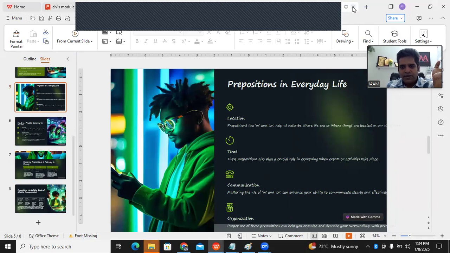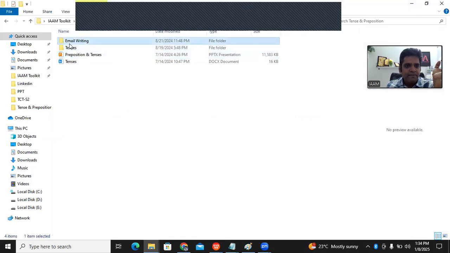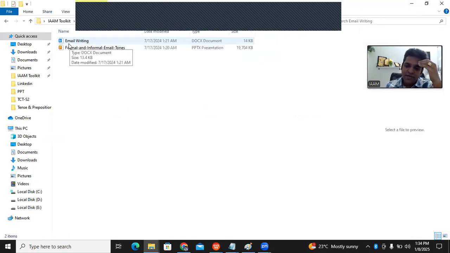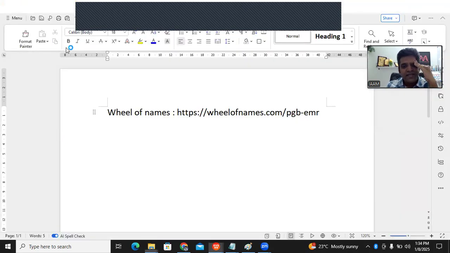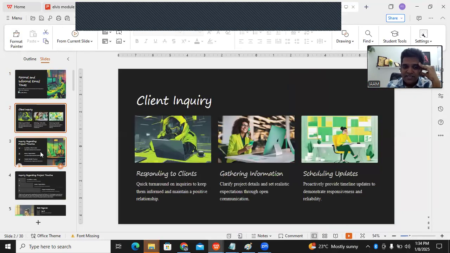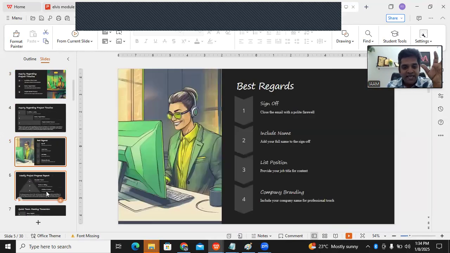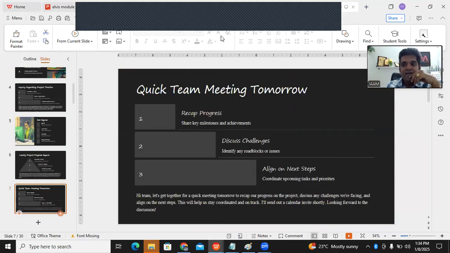Then going on to email writing, because they need to communicate a lot non-verbally with the client. So again, there is a PPT on this. Yes, you can use it in your classroom. Basically, it is on the theme of formal and informal communication. When do you use formal? When do you use informal? With the client, it will be formal. With their internal team, it can be informal. So what should be the tone? What words need to be used in that? There is an entire explanation, a format of writing that email in this.